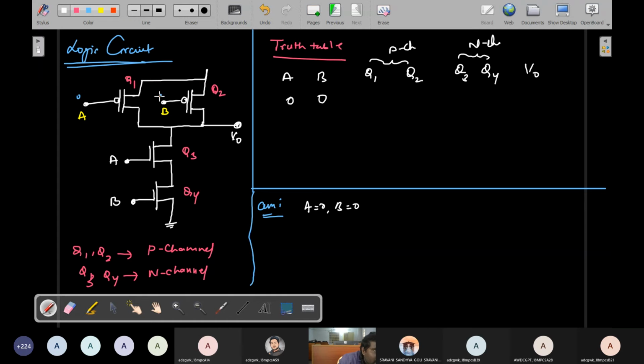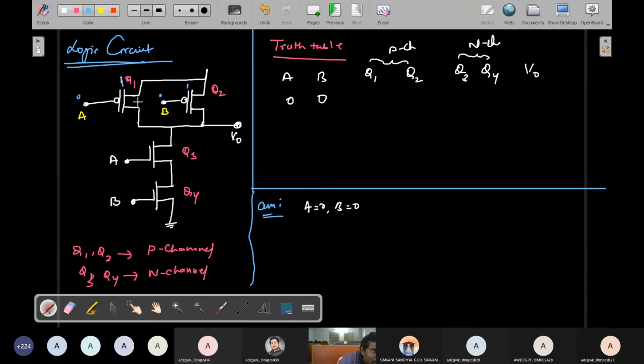If A is equal to 0, B is equal to 0, but it is a complementary, then the inverter will convert it into 1. Why? Because complementary is there. 0 bar is nothing but 1. So therefore first AB is nothing but 1. That means it is high condition, it will convert to high, that is called 1. Here it is converted to high condition 1 and 1. Okay, now both are 1.